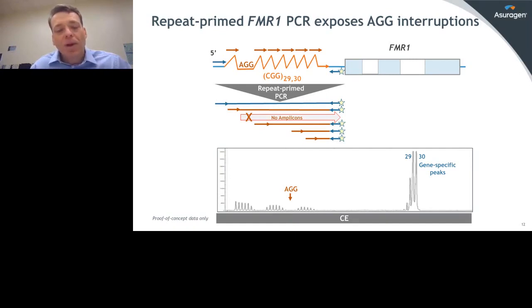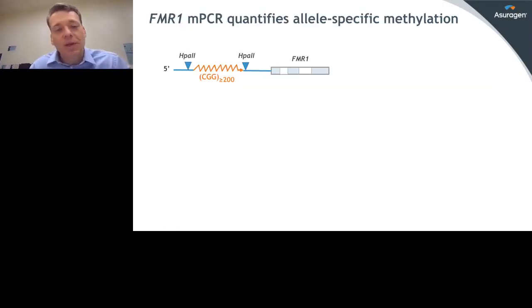Then we go into the repeat prime pattern, and as those primers kick in, you start to generate a series of these repeat prime peaks. However, once the primer runs into the AGG element, it doesn't generate a product because it won't hybridize. So now, within that mobility space, you see a gap, and that gap is associated with the AGG. Then the assay picks back up, and when you run out through that AGG, you pick up the corresponding CGG elements again and can carry forward with the interpretation. There's actually another AGG here that I didn't mark for simplicity purposes, but you get the idea.